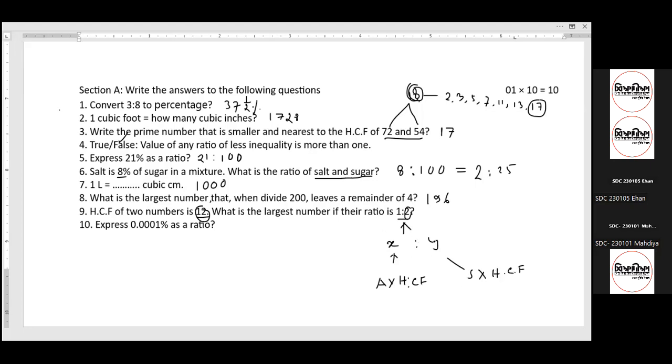If we are given two numbers to form a ratio, we can form by the multiplication of antecedents HCF and subsequent and HCF. So here, since the subsequent is 2 and the HCF is 12, the greater number will be the second one, and that is 12 into 2 equals to 24. Any confusion? And the last one,